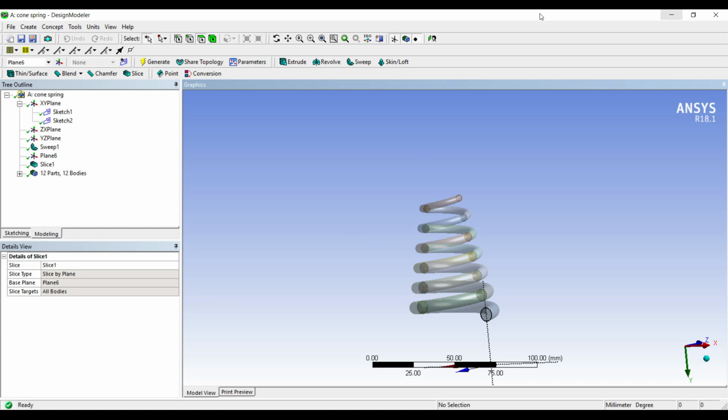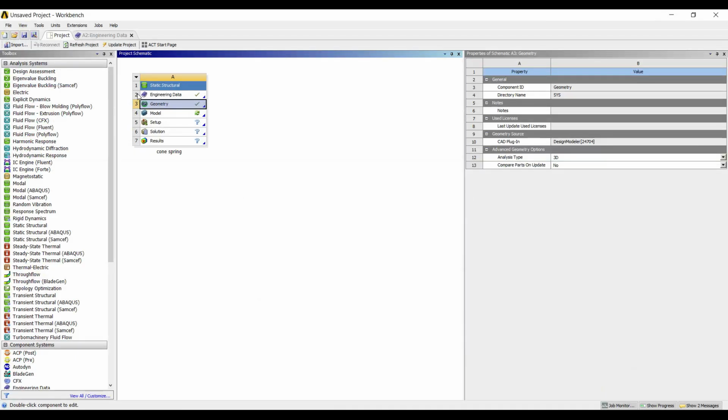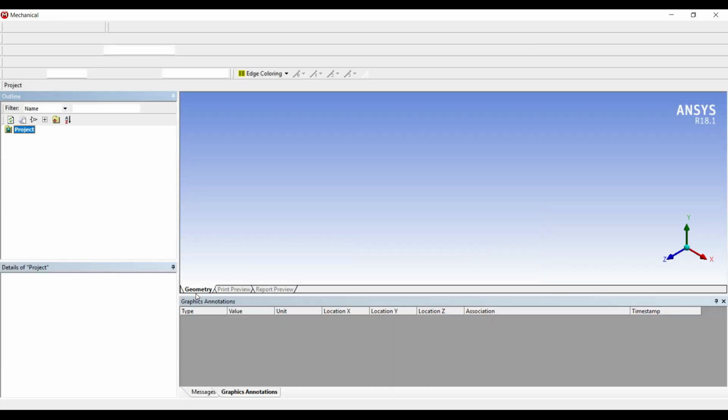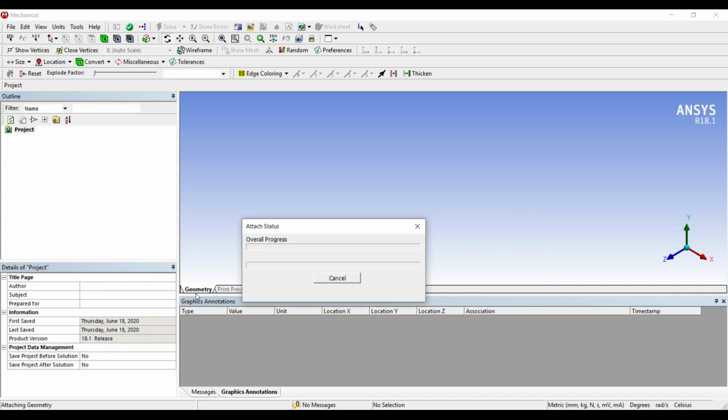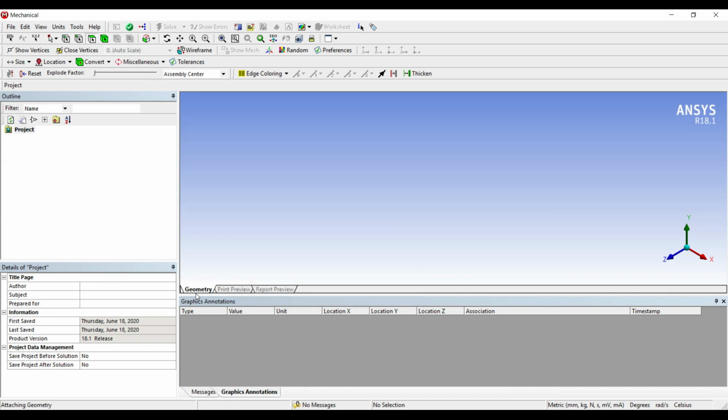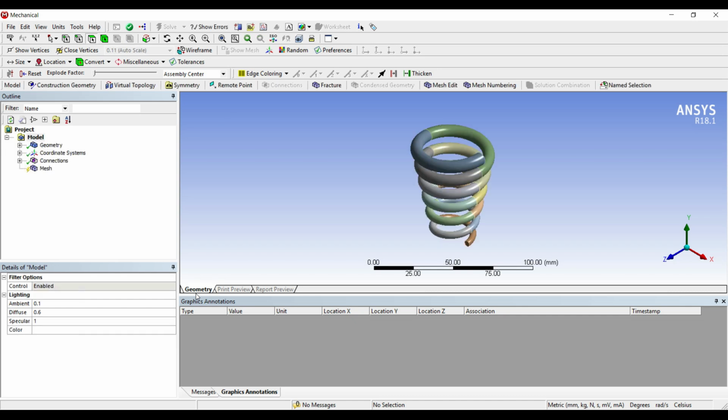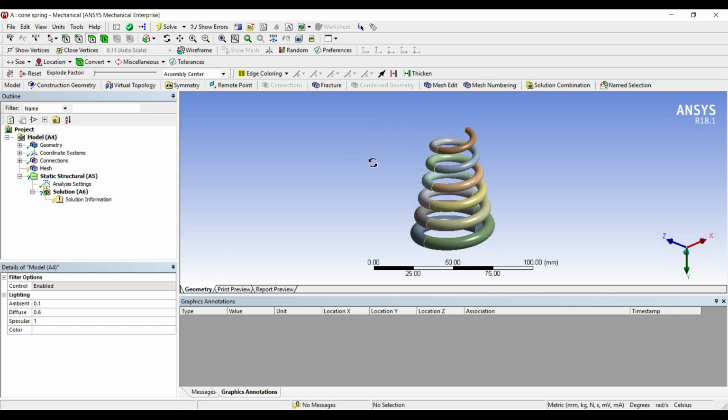I'll go to model now and double click on model. I'll first align the body.